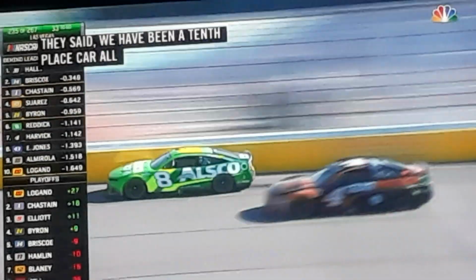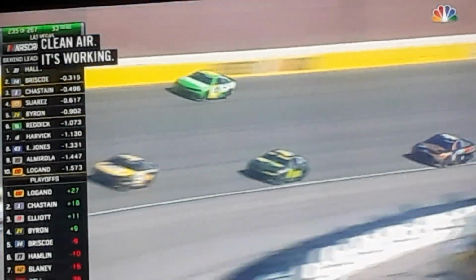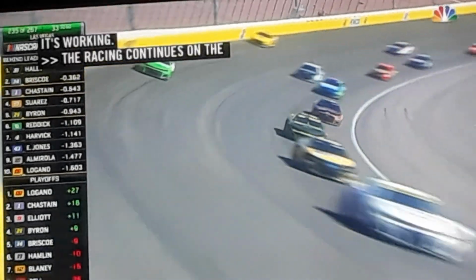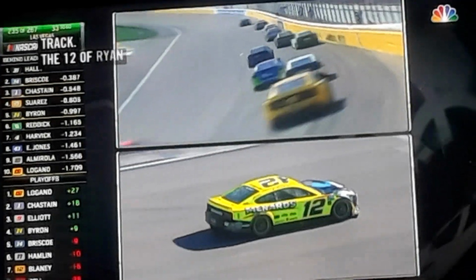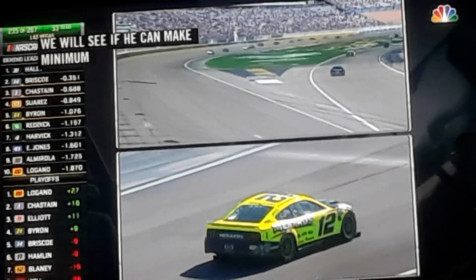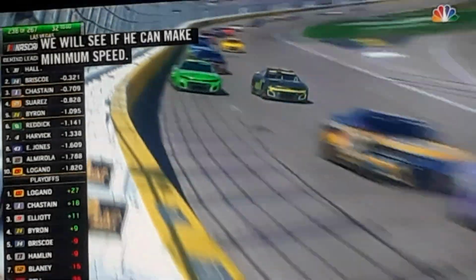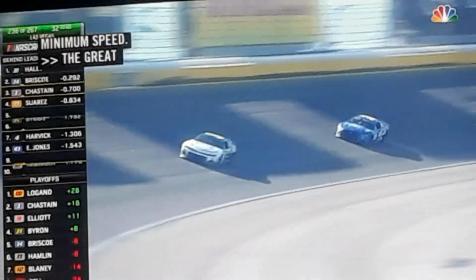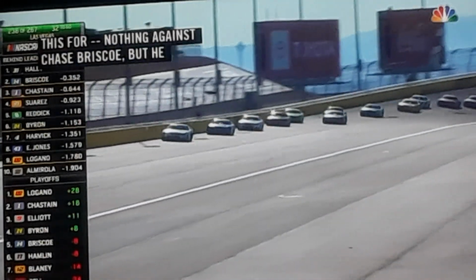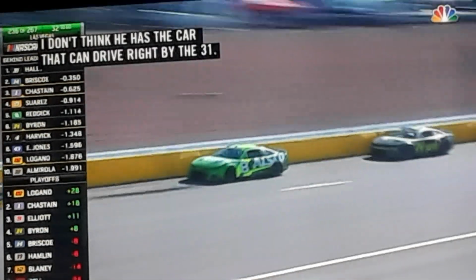As the racing continues on the track, the 12 of Ryan Blaney now rolling off of pit road. We'll see if he can make minimum speed. The great situation about this for Haley, nothing against Chase Briscoe, but he has not had top 5 speed. I don't think he has the car that can just drive right by this 31. If he gets a little defensive with his line, make that pass as difficult as possible, he's got a little